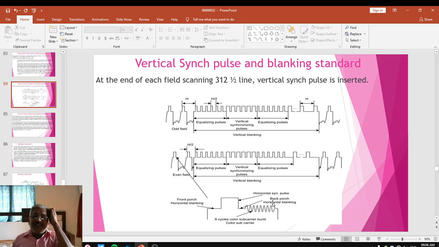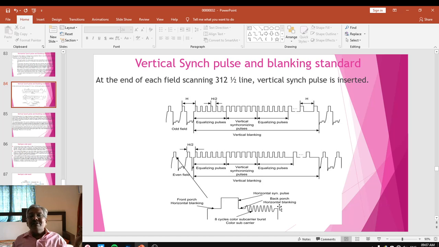If this chrominance burst signal is present in the composite video signal, then we can say it is a color composite video signal, which is going to differentiate between monochromatic transmission as well as chromatic transmission. Absence of these pulses indicates that there is a monochrome transmission. Presence of subcarrier frequency or color burst of 5 to 8 cycles approximately with the frequency of 4.8 megahertz